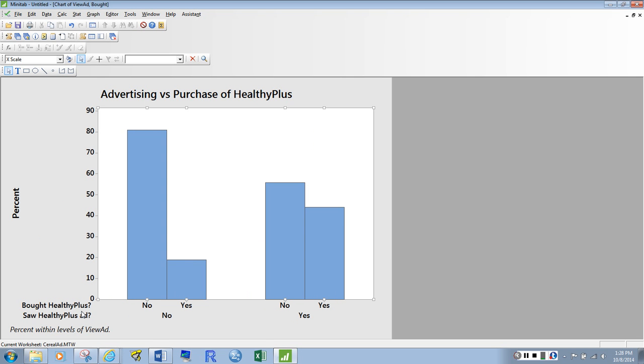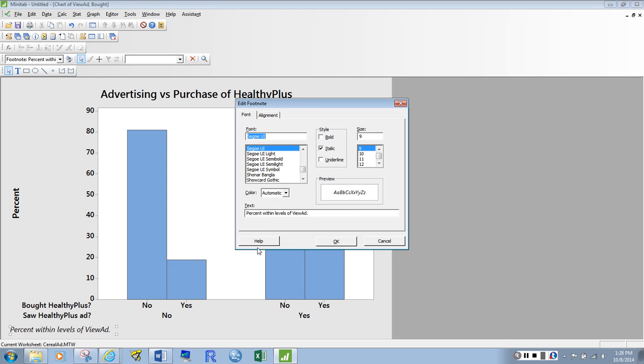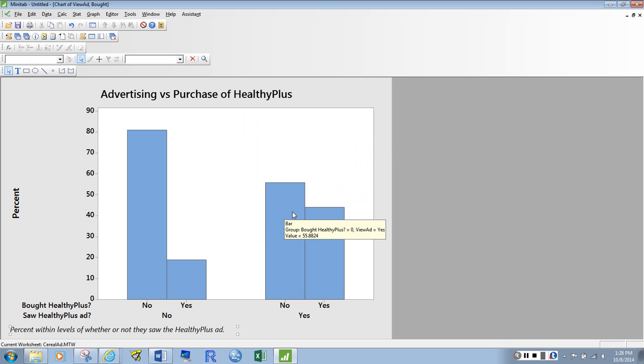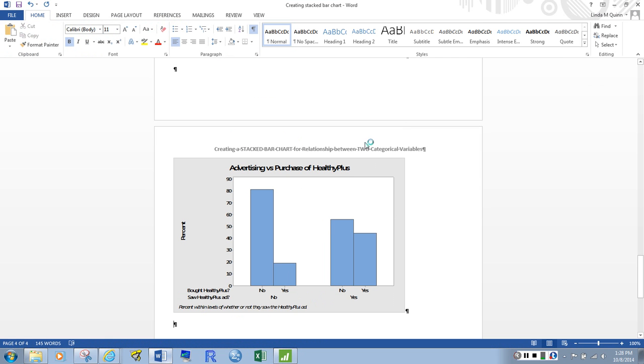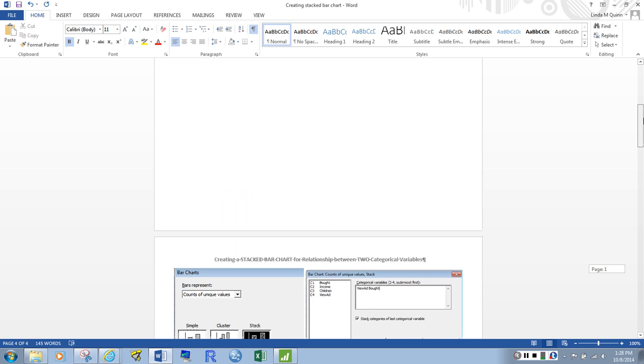Okay, and I'll make this read a little bit better. So percents within levels of whether or not they saw the Healthy Plus ad. Okay, so good title, everything's labeled nicely, good axis labels here, good percent title, and once again I can send that to Word. Okay, so when I look at my final document here, I'm going to remind you that as